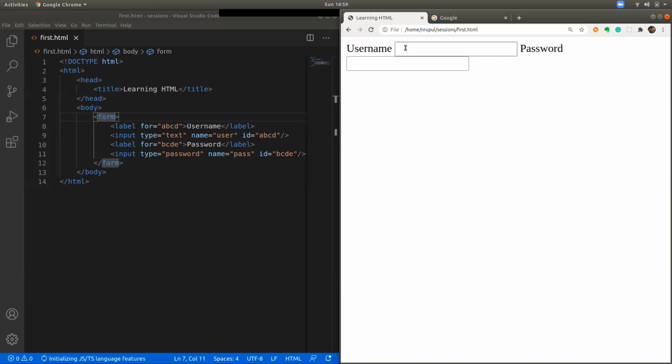So that's how the basic syntax of HTML works. The important thing to note is that it is a syntax of the text you are writing. Any text you write, you're putting it in a specific format so that the browser can understand and display it in a certain fashion. It is not a programming language. It is a kind of convention which you follow so that all the browsers understand.